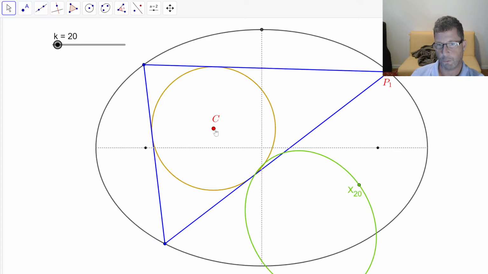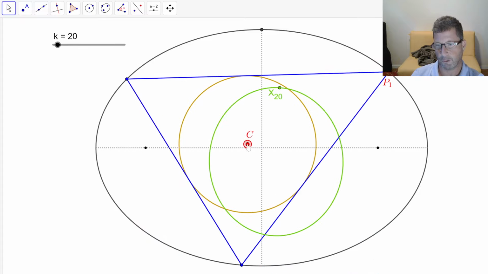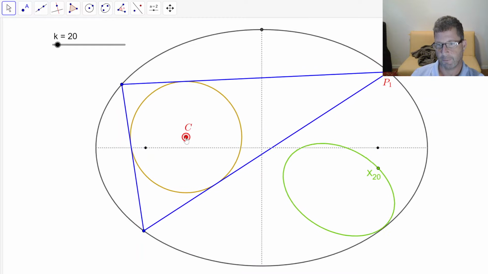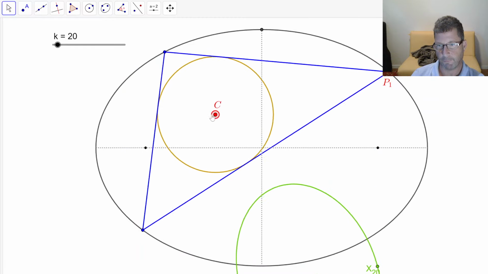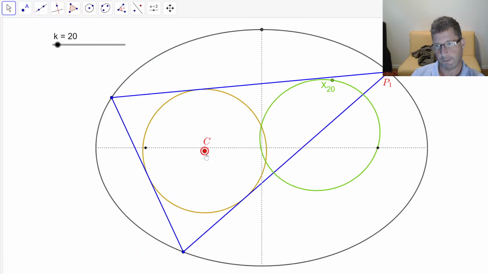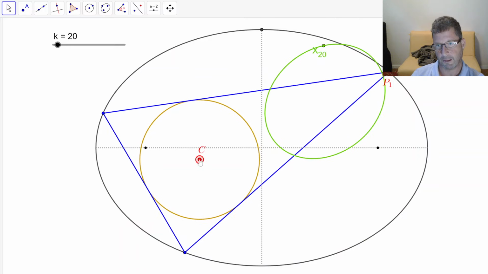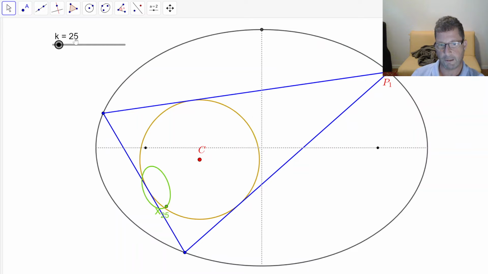You know that x20 is a reflection of x4, so it's going to be something interesting too, right? I think it's a reflection of x4, perhaps x3, something like that. So it's going to be an ellipse, and it's going to have some nice properties. But I actually want to fast forward over these other triangle centers, and I want to go up to